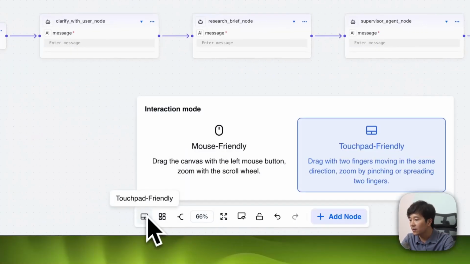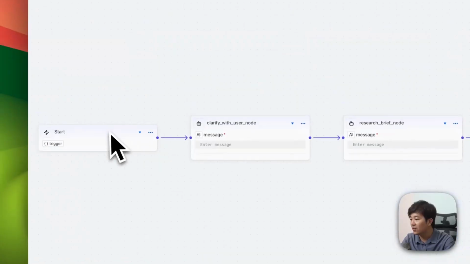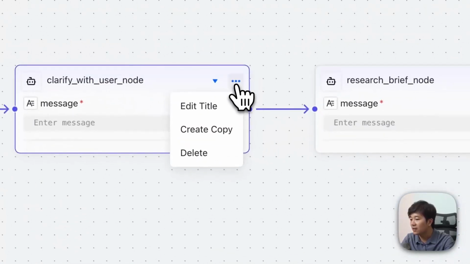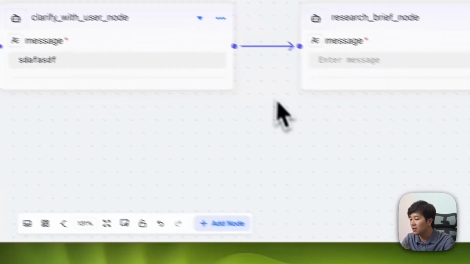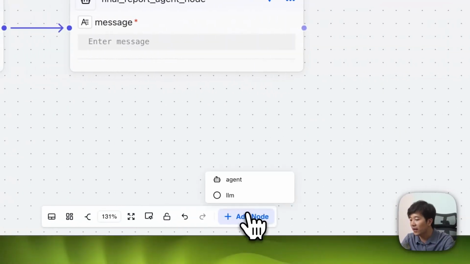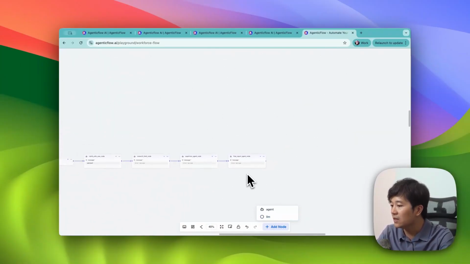Okay, so this is a new UI where you have the start node that's organized. Maybe it can be touchpad friendly or mouse friendly. You can zoom in, click, edit the title, create, copy, delete. You can modify and edit, enter the message here, reset the brief node, and so on. You can add all other nodes. Right now we just have 2 nodes, which are agent and LLM, but we are going to make loop, condition, wait and modify, even 10,000 MCP tools accessible on this infinite